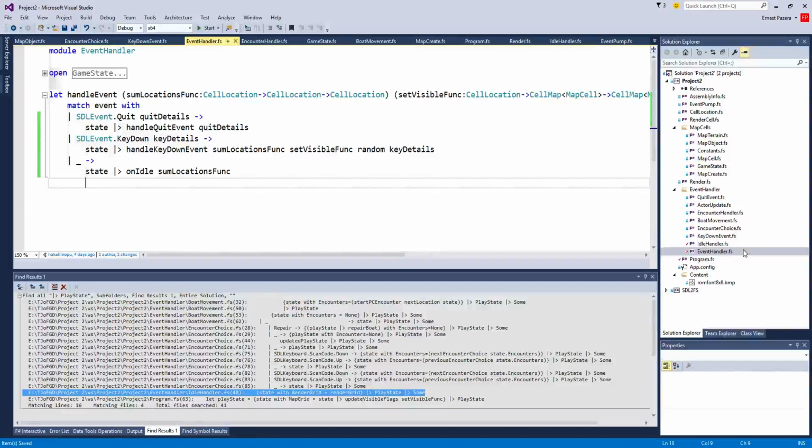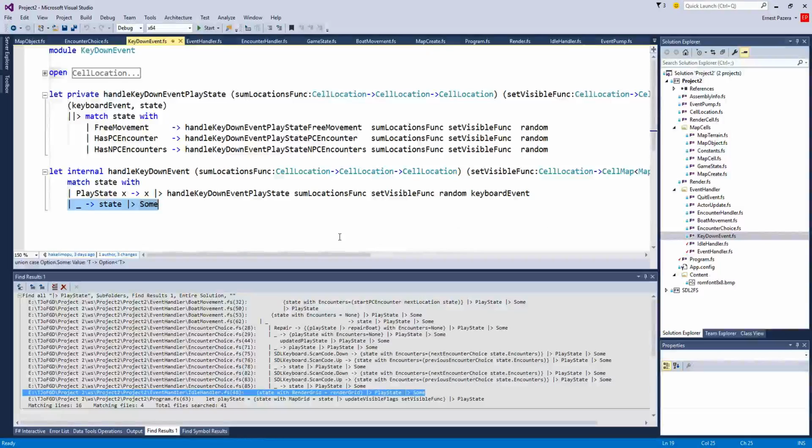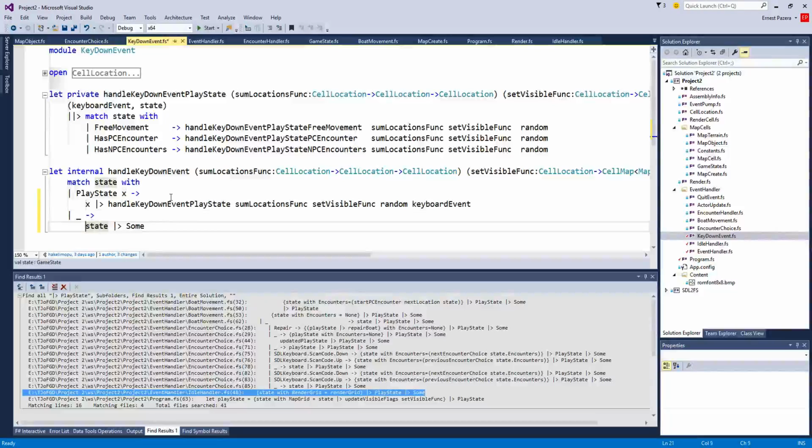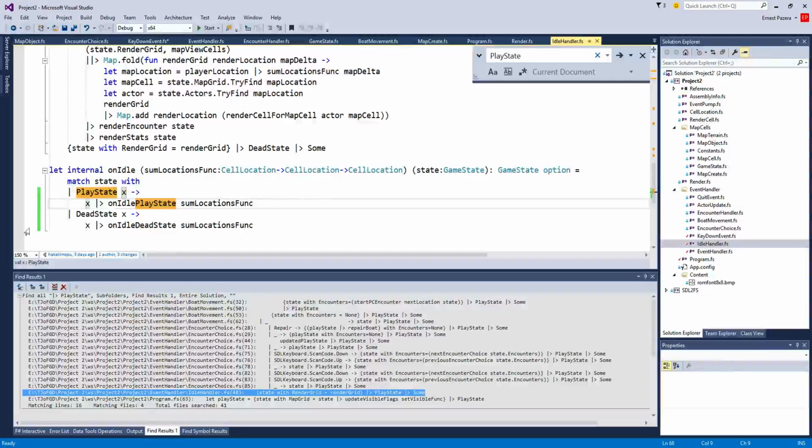what I want to do, see, in handling key down event, if that's that, then I want a breakpoint right there, and I want an event right there, and I want, when I'm rendering,